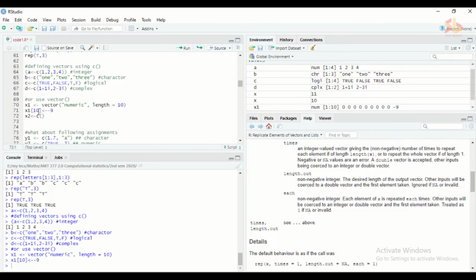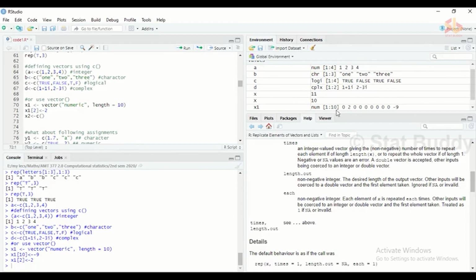Suppose I need to edit the second position. So then x1 bracket 2, which means the second position is called now, and I want to assign 2 to that second position. After running this code, you can see my second position is updated.